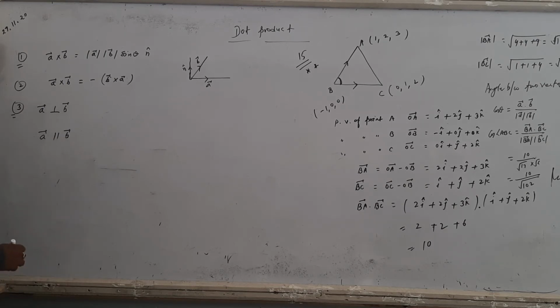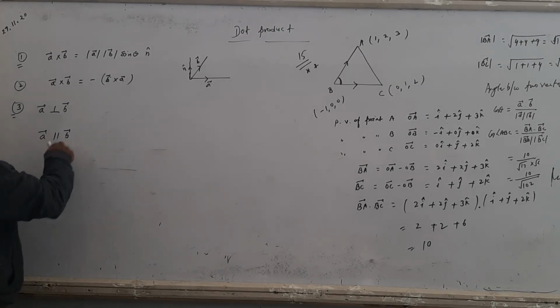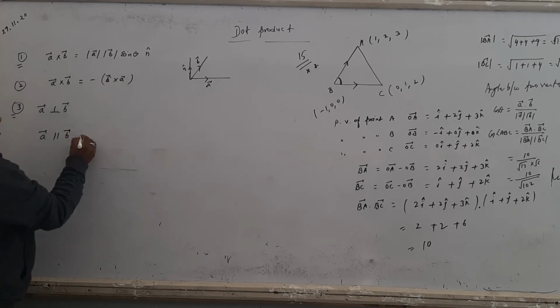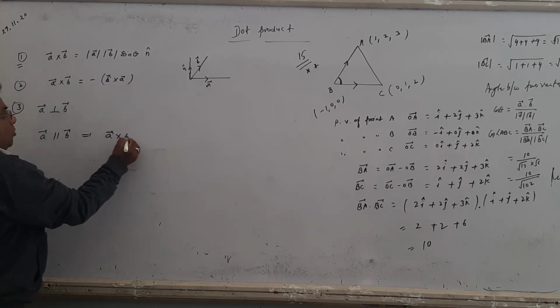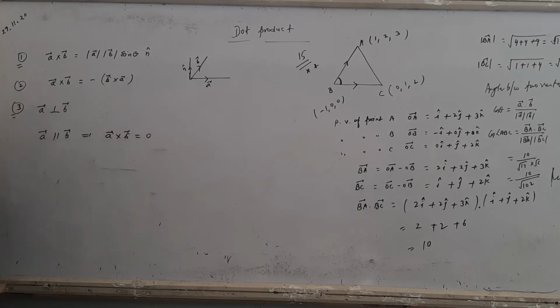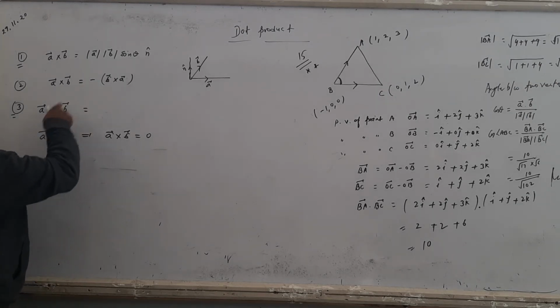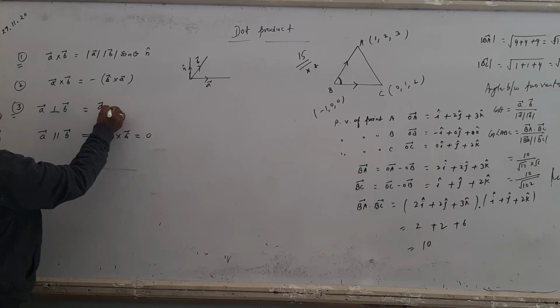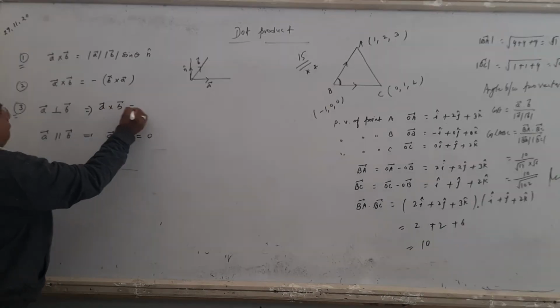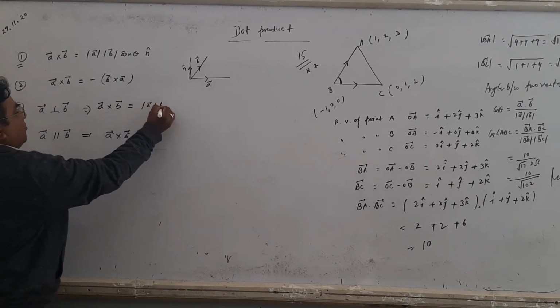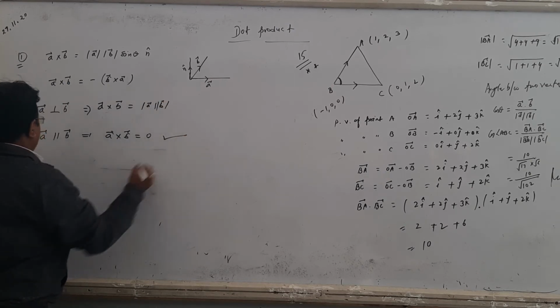Student, in dot product we said two vectors are perpendicular if A dot B is zero, right, because if perpendicular then theta is 90. Same in cross product, A and B are parallel, that means theta is zero and sin zero is zero, so the condition is A cross B is zero. So A cross B is zero is the condition of two vectors being parallel. But A dot B is 0 is the condition of two vectors being perpendicular. For perpendicular, theta is 90, then A cross B equals magnitude of A, magnitude of B. We mostly use this condition.